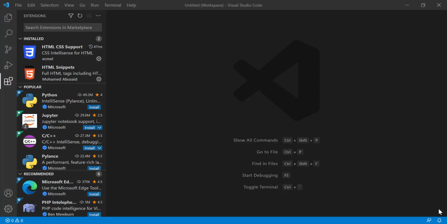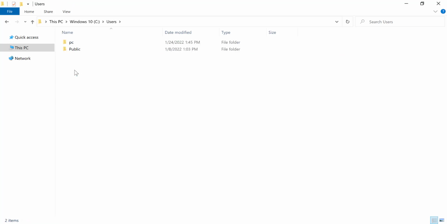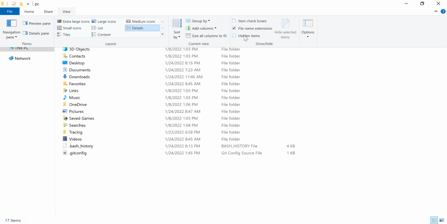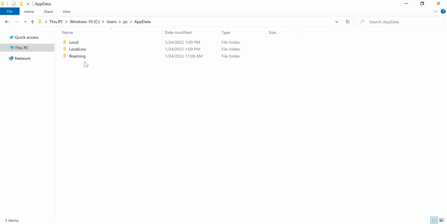In this tutorial I will show you how to reset your VS Code editor. In order to reset your VS Code editor, first go into the C drive, then go to the users folder, then this is your PC name. Here my PC name is PC. Now in the view section, put the tick mark here, then AppData,